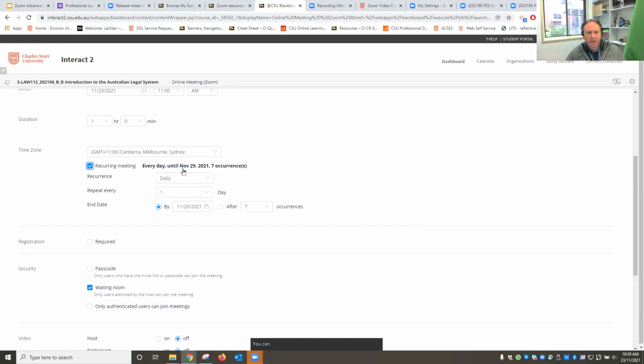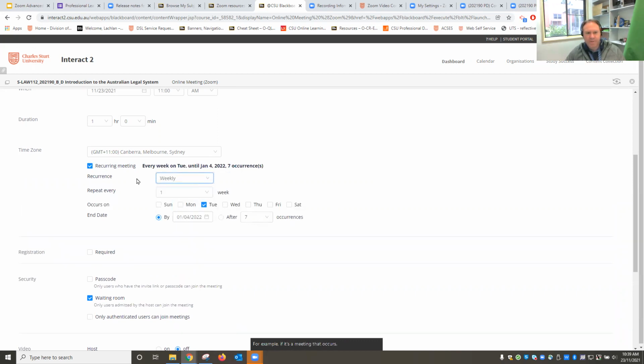You can choose recurring. For example, if it's a meeting that occurs every week, recurrence weekly, recur for how many weeks? I just want it to recur every week, not every fortnight, for example. Tuesday, I'm going to say, instead of finishing by a particular date, I want 12 of them. So you can choose the second option. So if I'm saying there's going to be 12 in the session,